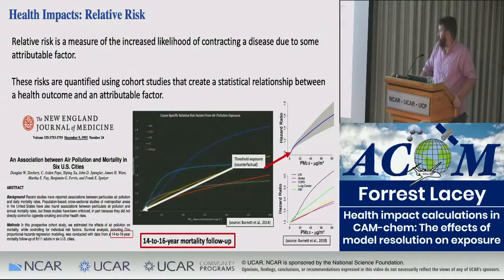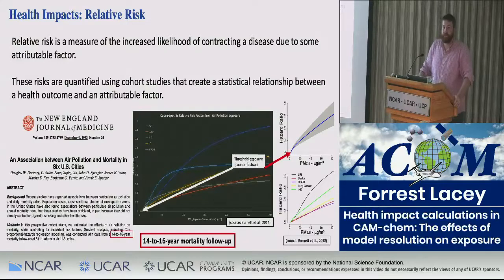And then the other thing that I would like to highlight with the more recent data is this is a statistical analysis. And as we add in more data, we basically increase our confidence in the statistical function. So what's happened between this 2014 study and the one from 2018 is we've actually decreased the threshold exposure concentration that we can statistically say is linked to a health outcome. So it was around 7.4 in the 2014 study. We've shown that that's now around 3 micrograms per meter cubed in terms of our statistical linking.